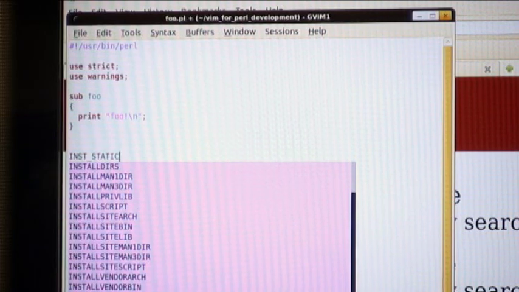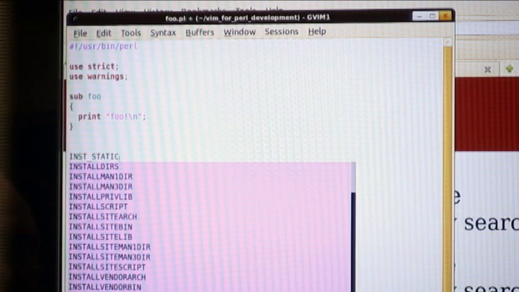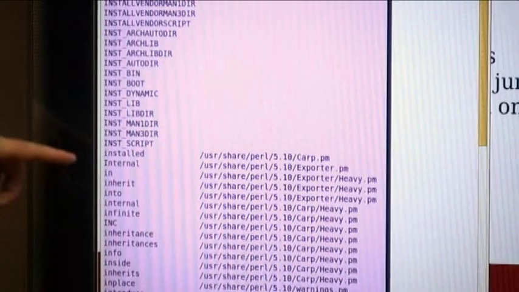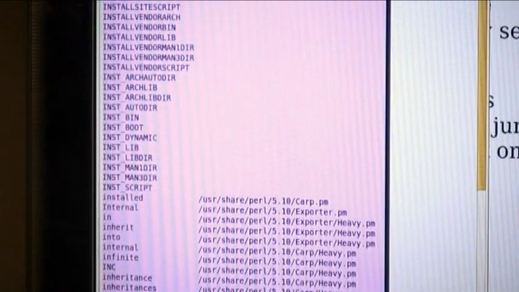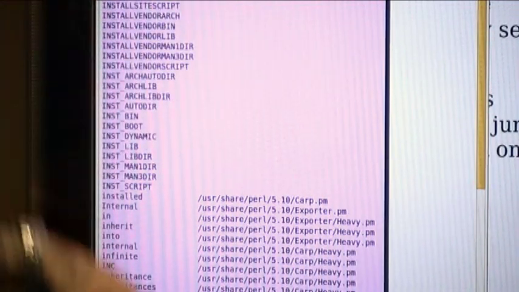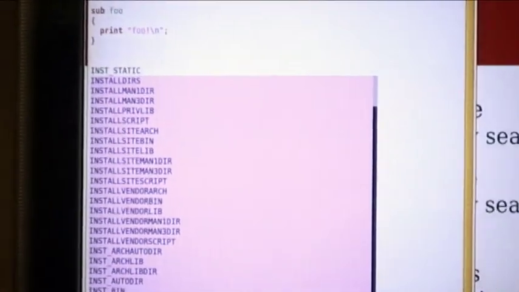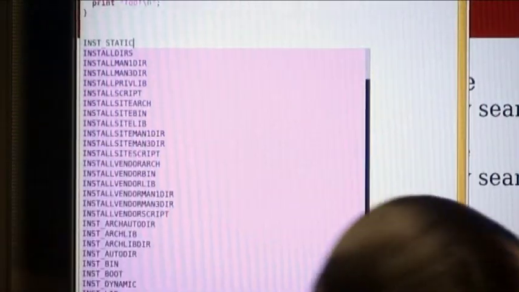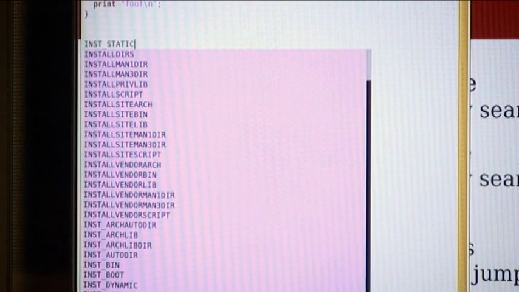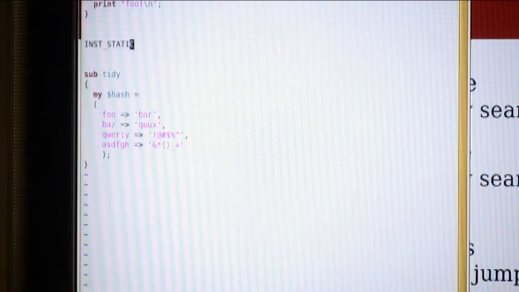Okay, so I just typed IN at random. I didn't know what it would pick up, but it's picking up things like inherit from heavy.pm. It's got all kinds of different things here. So obviously the more you type, the less junk is going to show up here, because the more certain it is of what you're looking for. So if I'm looking for, let's see, it looks like IN was not a great thing to use. Let me do